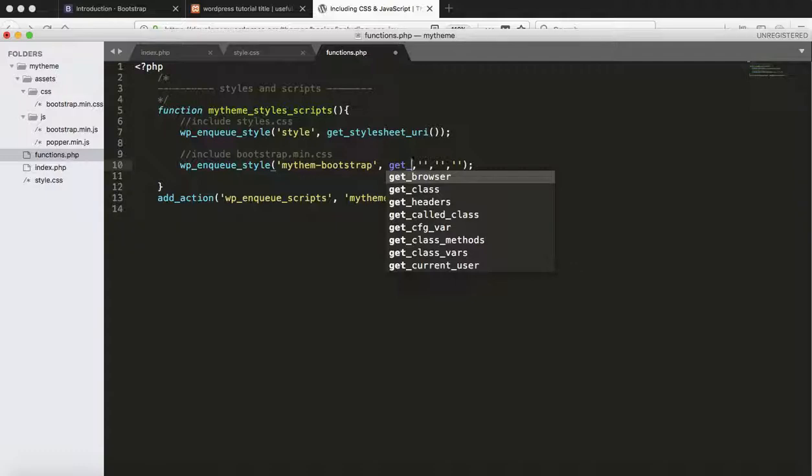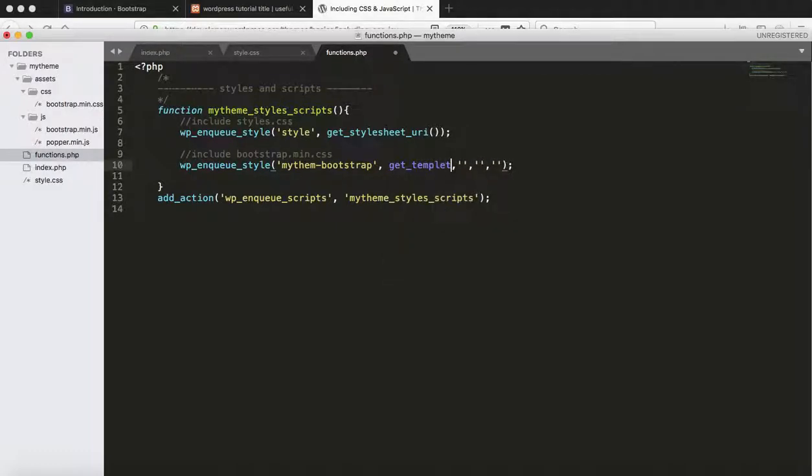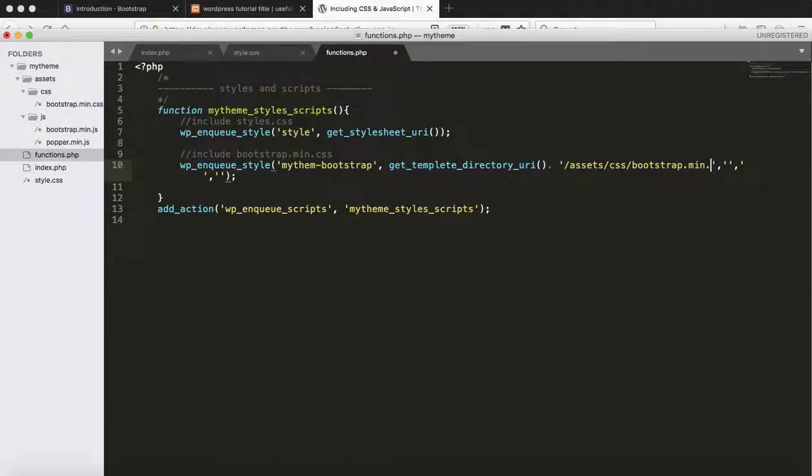We are using get_template_directory_uri. Then concatenate it with, with this function we are getting the path up to our theme folder, then moving to assets, then css, then bootstrap.min.css,